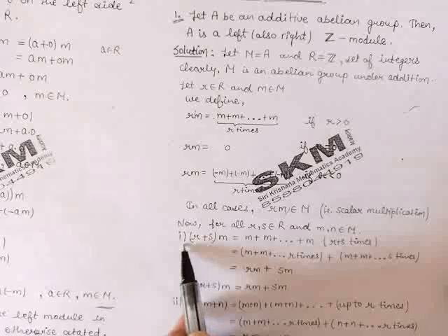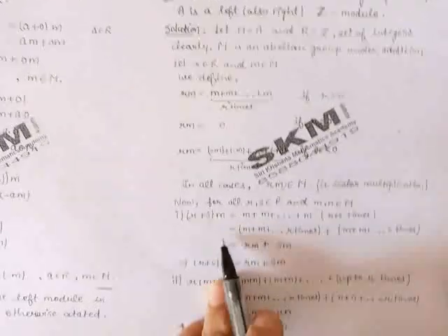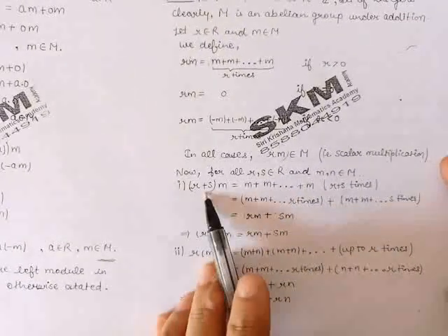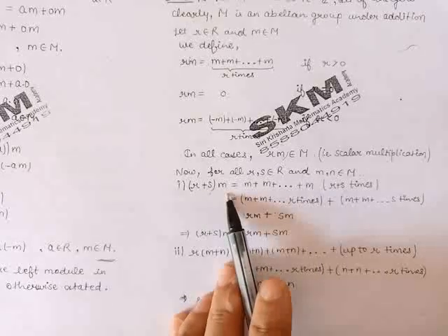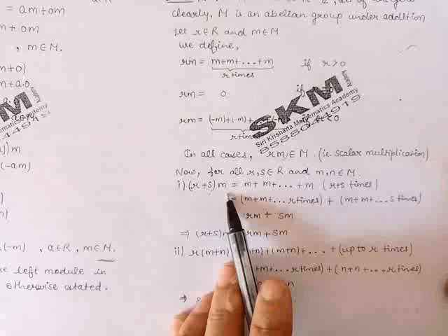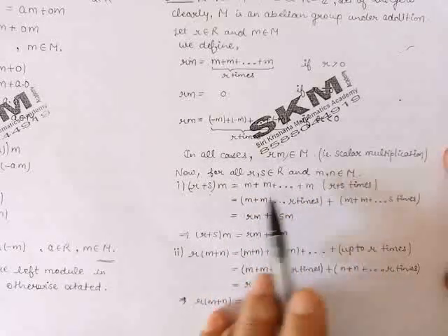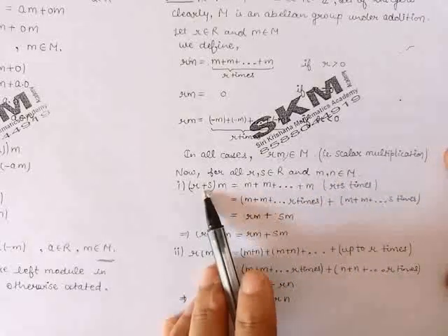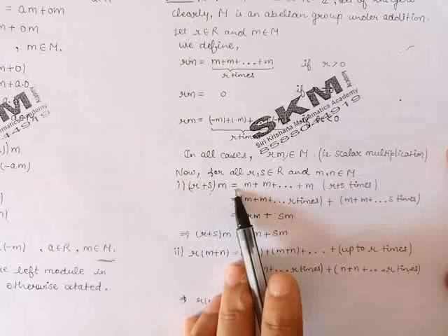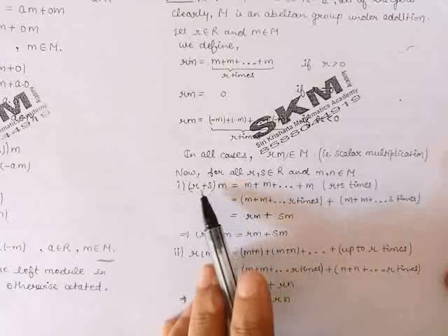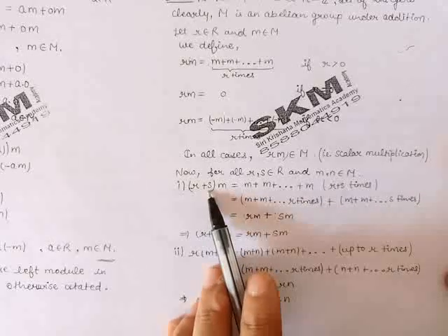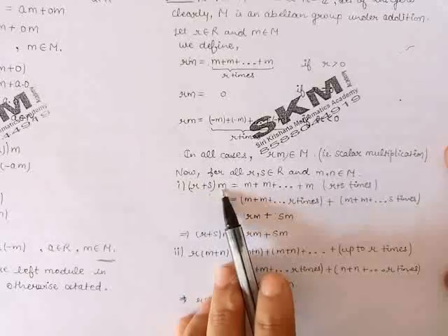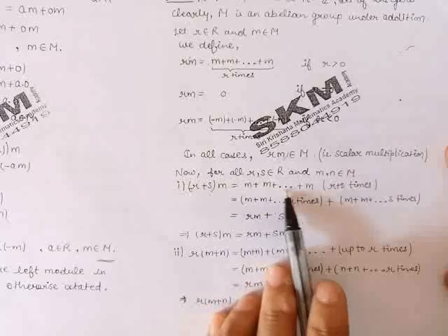In the first condition, we take r and s, 2 elements from the ring R, and m from the additive abelian group M. Now let us find (r plus s) times m. By the definition of scalar multiplication which we have defined, (r plus s) times m means m plus m plus m